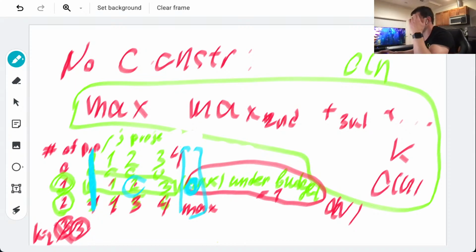If we can afford this project, we do this max if selected, total profit, the current total profit, which initially is 0, and remaining budget will be what? Remaining budget minus capital I, because we kind of subtracted, right?